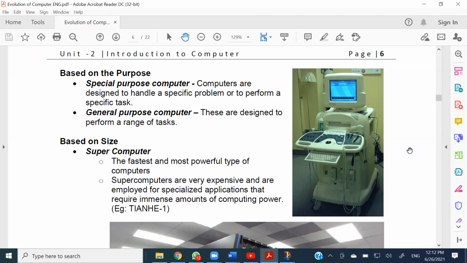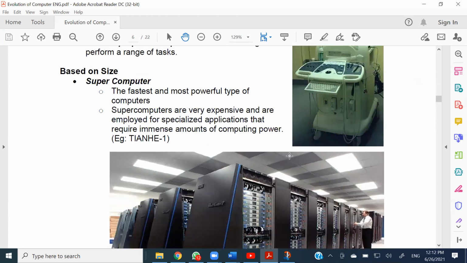And general purpose computers are something that we use every day, right? They are designed to do various tasks, so we can use them as we want. The next categorization is based on the size. Based on the size, it has 4 different categories: the supercomputers, the mainframe computers, the mini computers,